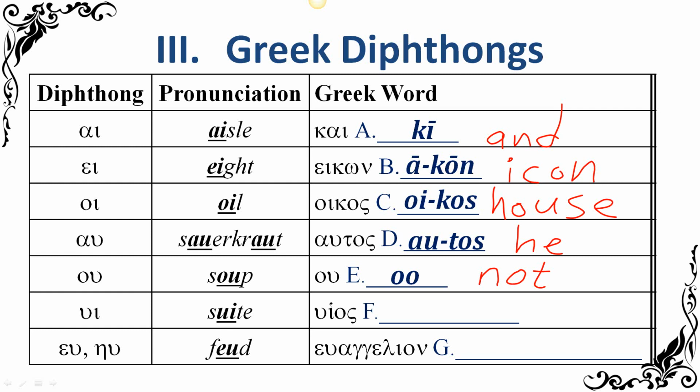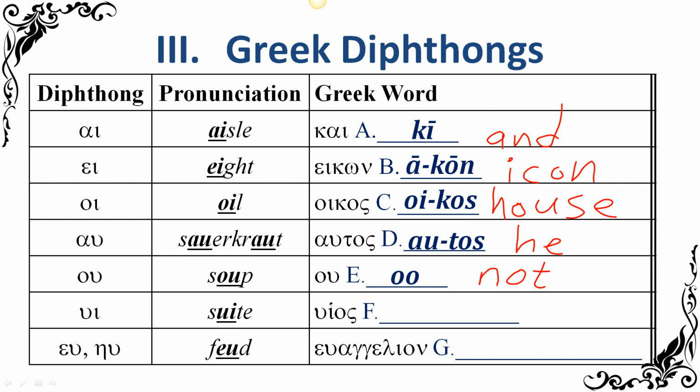Okay, how do you say the house? Oikos. Not my house. If you wanted to say "not my house," it'd be ou oikos mou. Not the house of me. But that's another lesson for another day. Don't get too far ahead on that one.